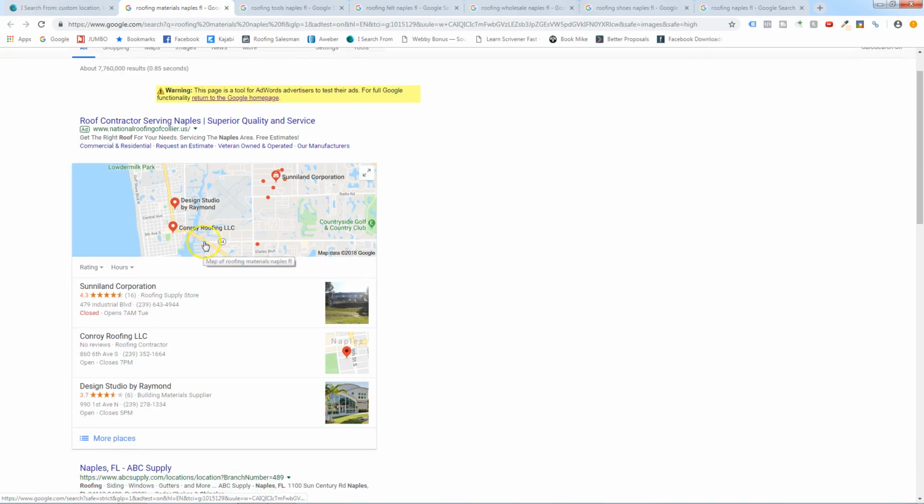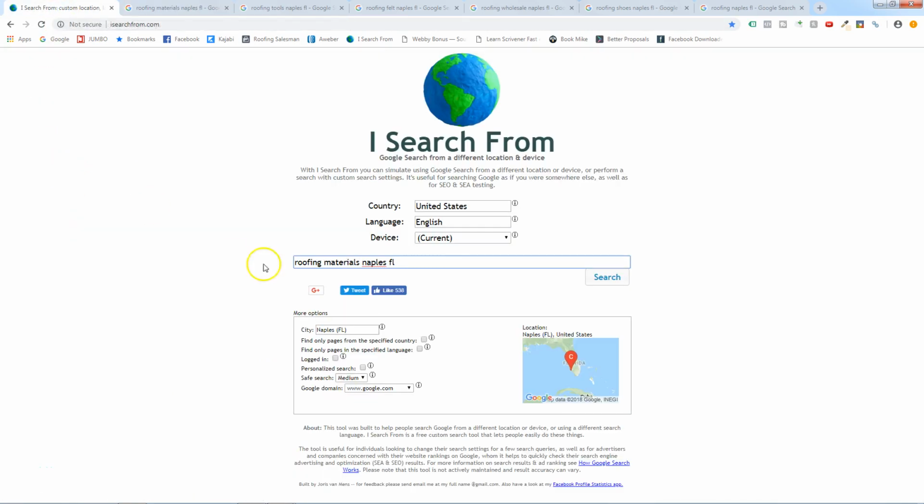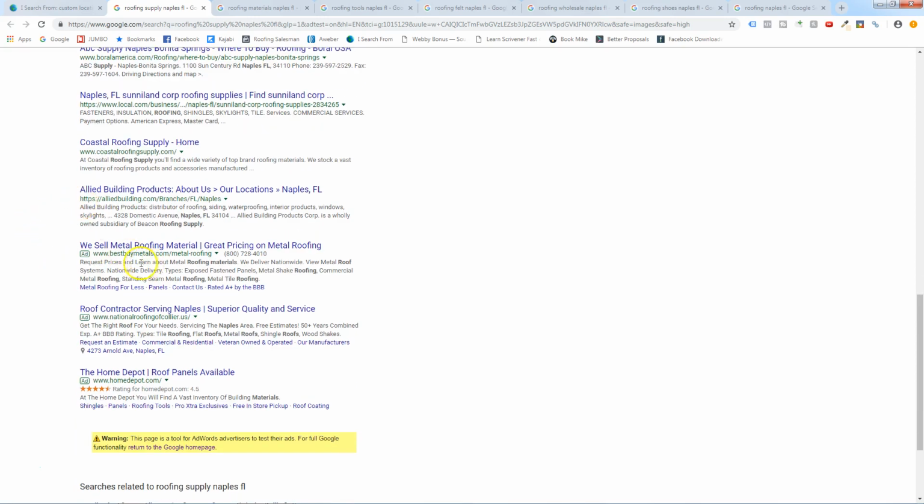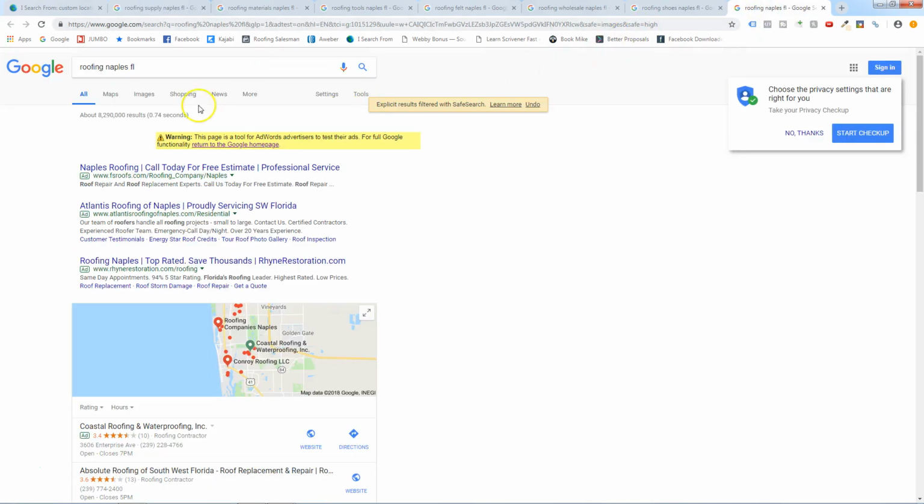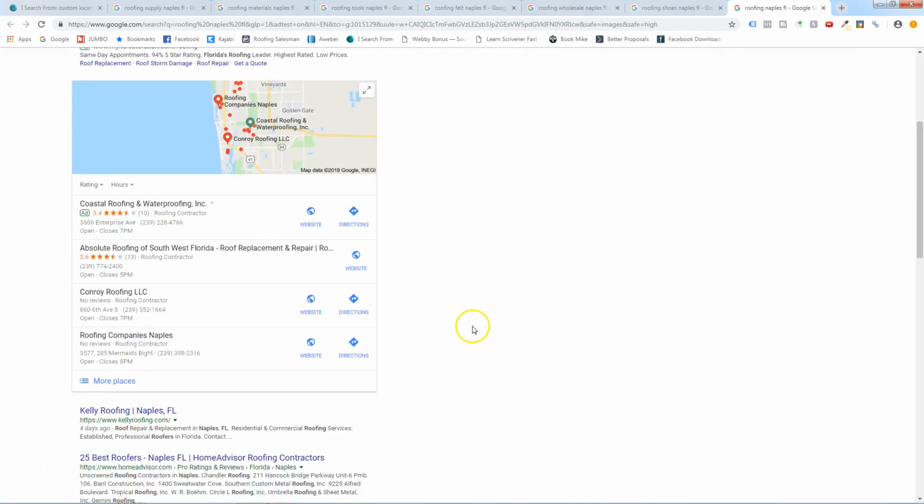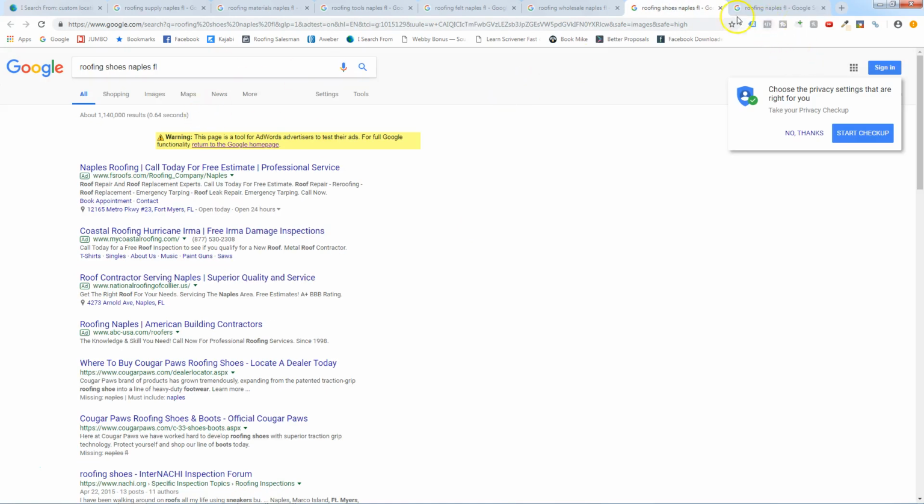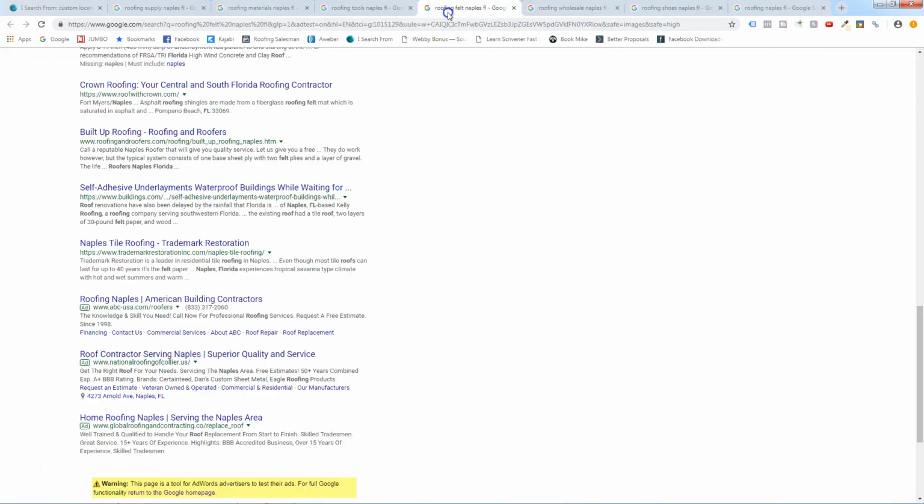Roofing materials gets 14, almost 15,000 searches monthly. That's wasted money. Roofing supply gets over 20,000 searches. Best Buy Metals, National Roofing of Collier, Home Depot. Now, these two might be good ads for roofing supply, but you get the idea. Roofing Naples, Florida is a great keyword to search on if you're going to make money. And you can see a lot of these same advertisers are also spending on roofing shoes, roofing wholesale, roofing felt,